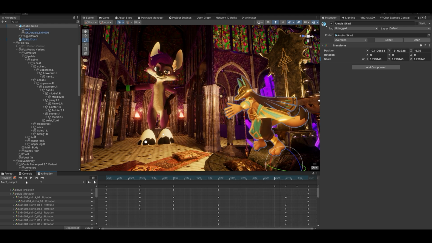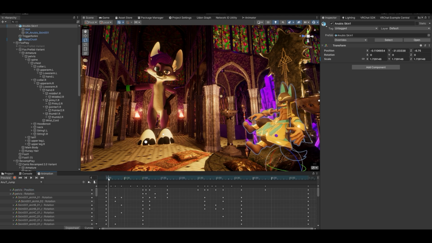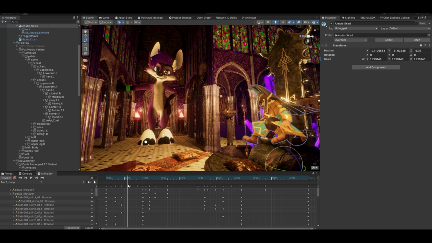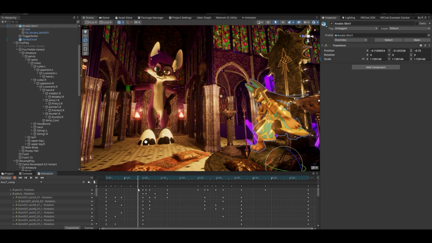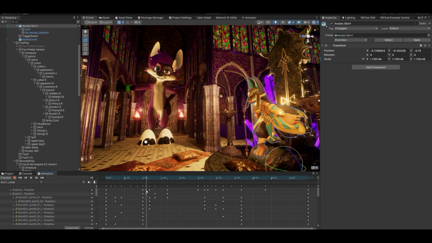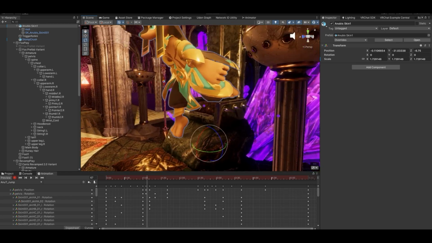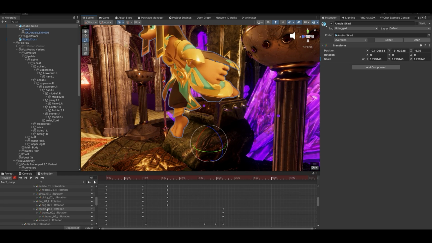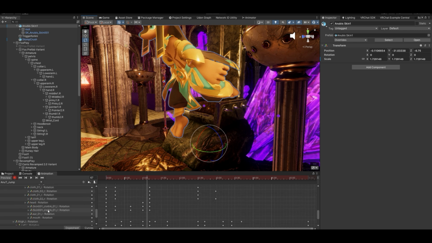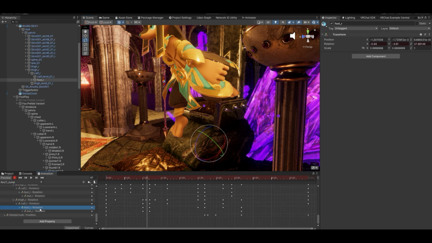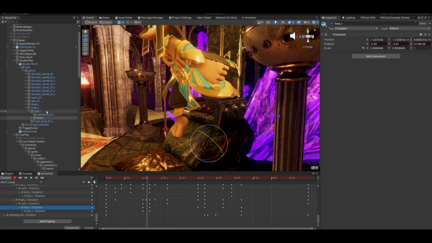And for example, when he's getting off of the throne, you see that he's not just flying away from the throne, but he grabs the armrest, and he pushes himself. It can be even better, when we go here, for example, and we search for, you see how much that is. So we go here for the